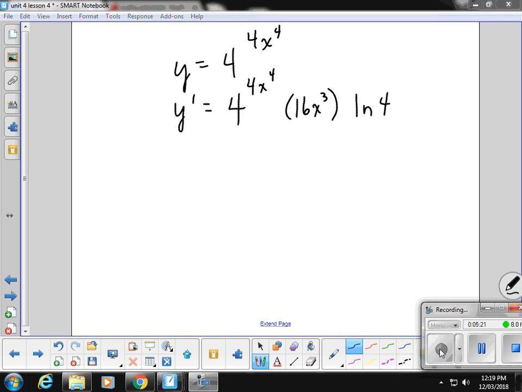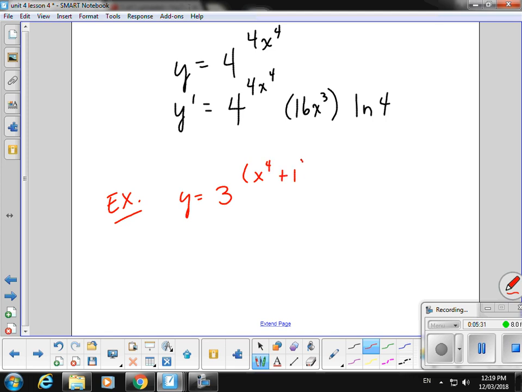Okay, just kidding. I want to do one more. Let's do red for danger. y equals 3 to the x to the 4 plus 1, cubed. My derivative would be, okay, I've got a power. It's not base e, so I'm going to have to adjust for that. So let's just, don't forget that. So my derivative would be 3 to the,